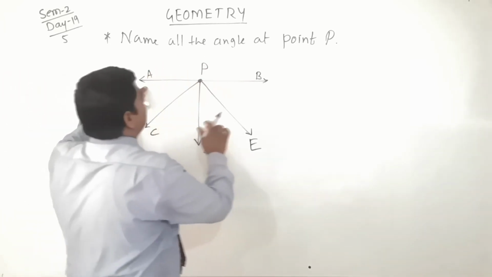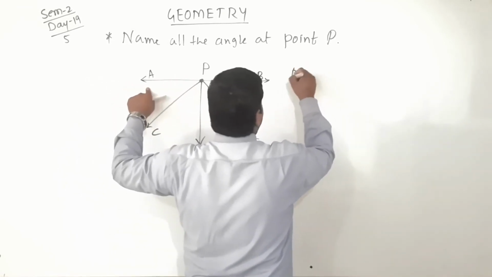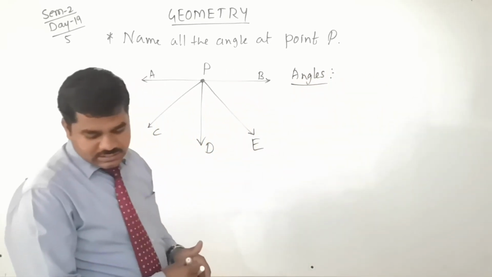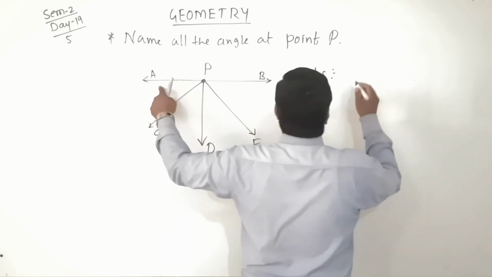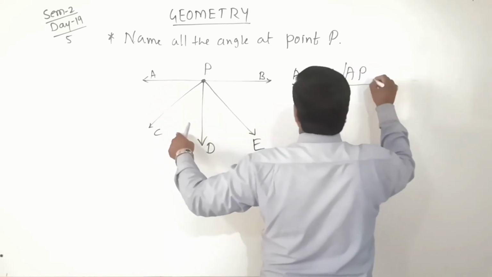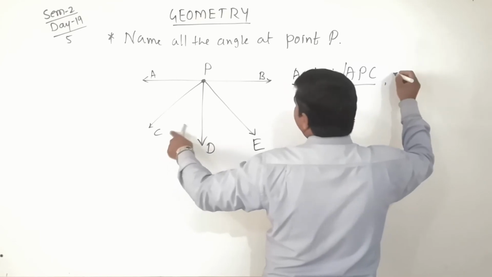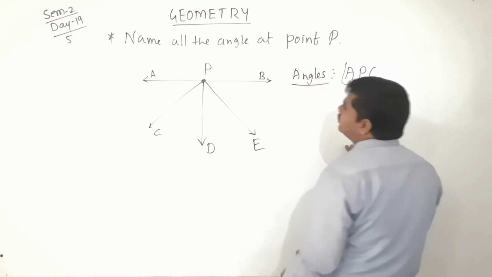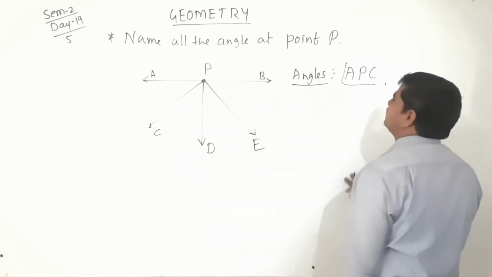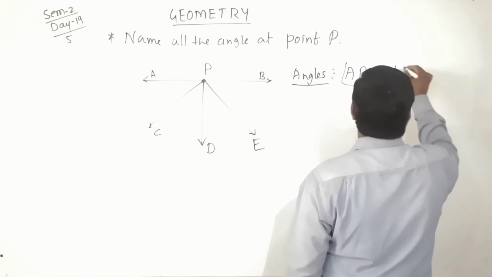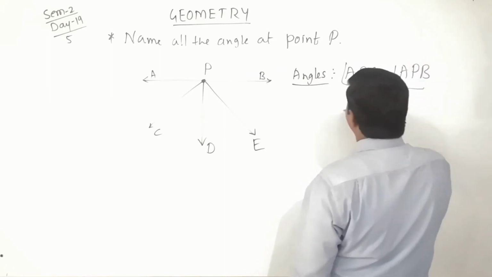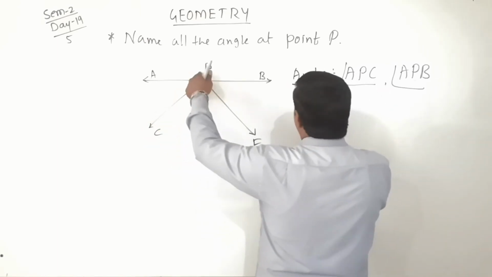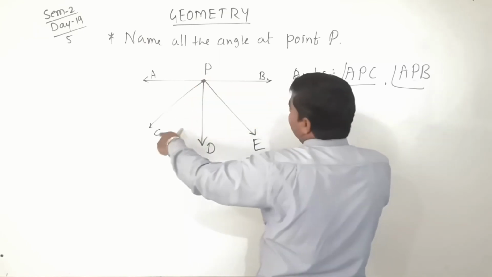Yes, the angles we can write. How many angles? We will write angle APC, one angle. Next we will take this straight one. Yes, APB. There are also 2 rays. AP one ray, PB one ray at a common end point means angle APB. One more angle. Next angle we will consider 3 vertices. This P is the middle only. Always it should come at the middle.